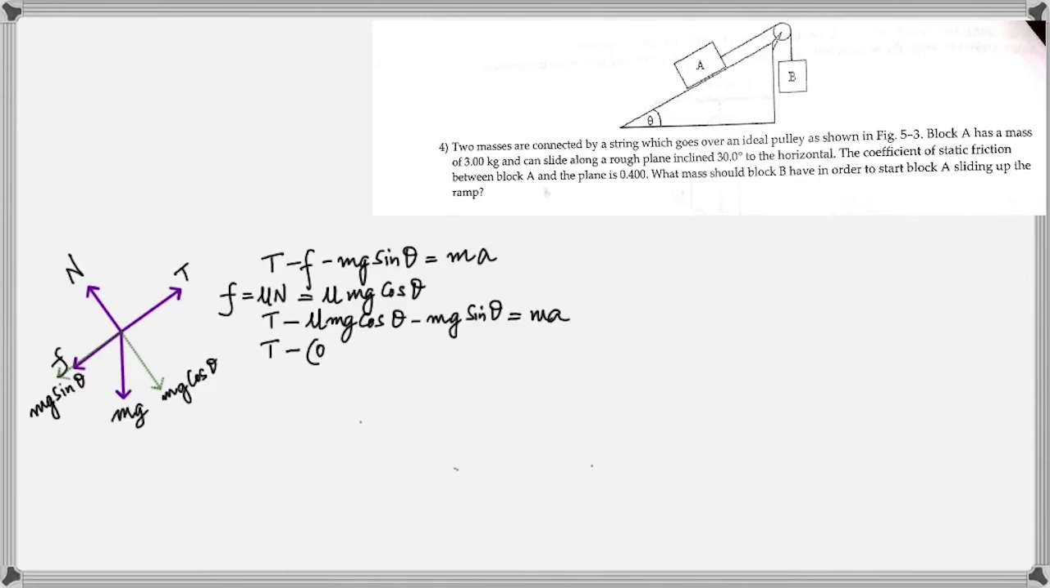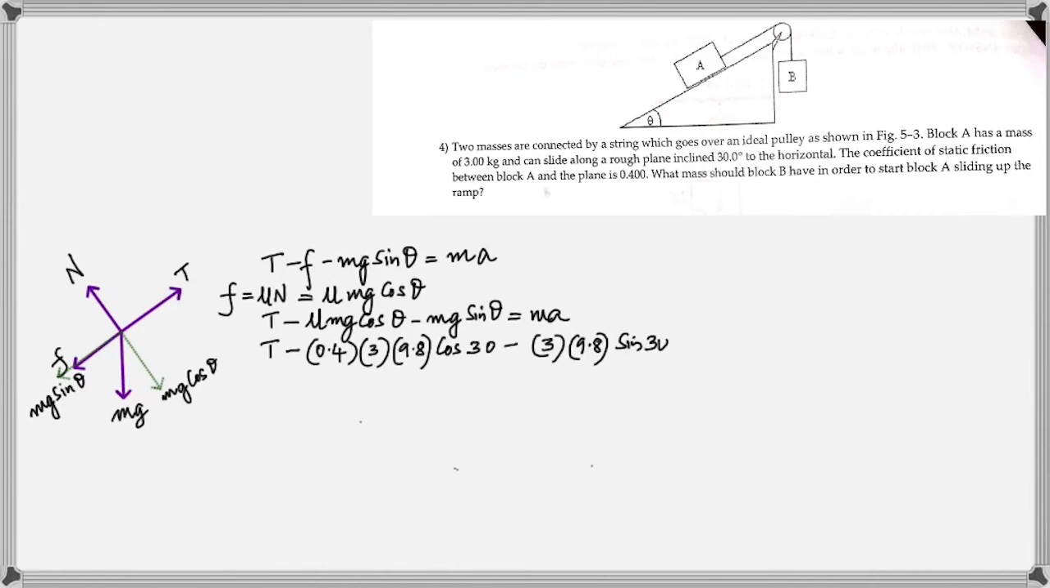So mu is given as 0.4. We got the mass as 3 kilogram. That's the mass of block A. g is 9.8 times cosine of the angle. The angle is 30 degrees. So that's the second term, mu mg cosine theta, minus mg, again, 3 times 9.8 times sine of 30,